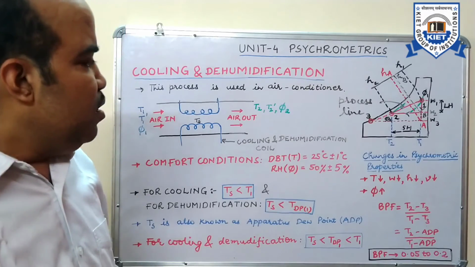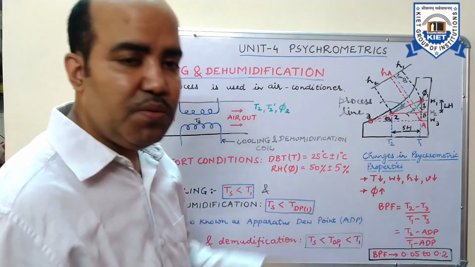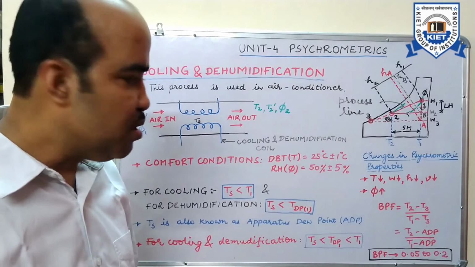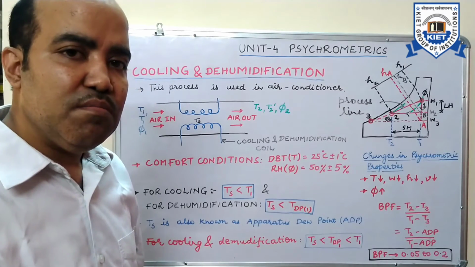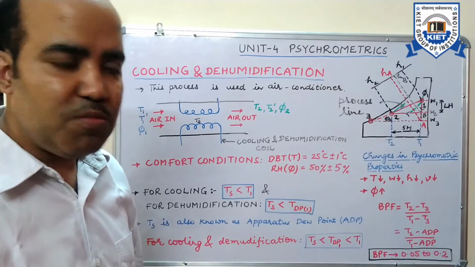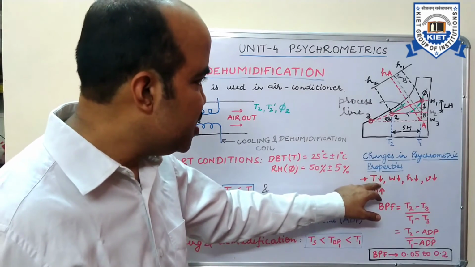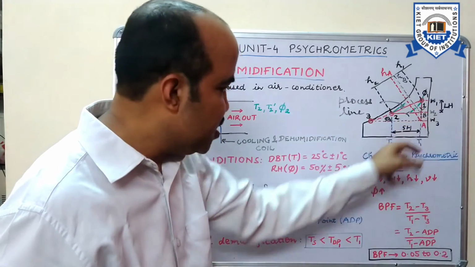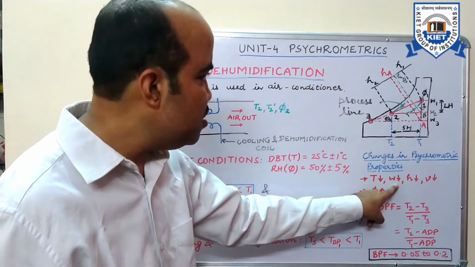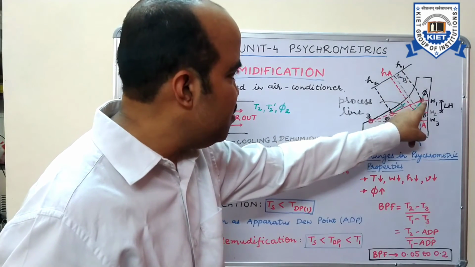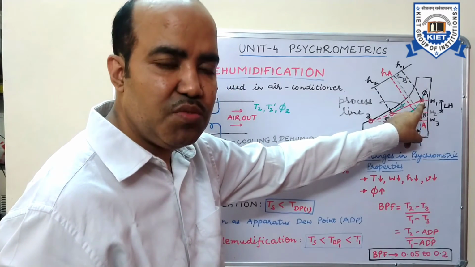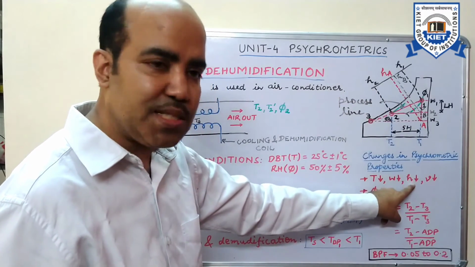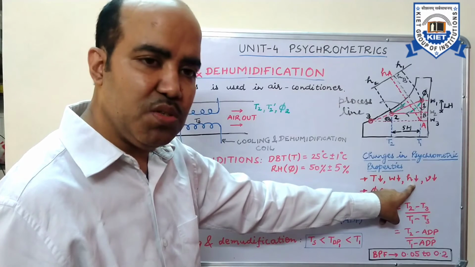So we were discussing the changes in the psychrometric properties of moist air. We have a reduction in dry bulb temperature. W1 also comes down to W2, so there is a reduction in specific humidity. The enthalpy of moist air at point number 1 was of higher value, and at point number 2 the value is somewhat less, so enthalpy also reduces.